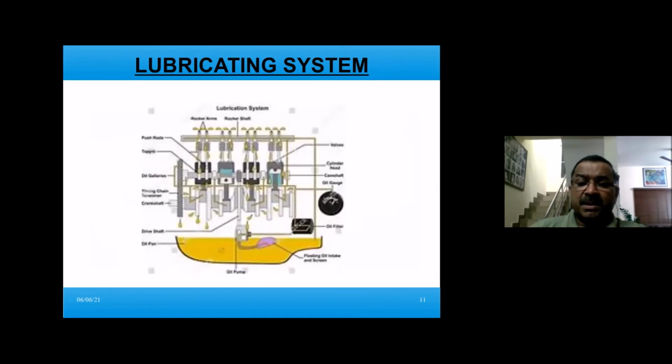So this is another system, the lubricating oil system, something like your car engine. It is a 4-cylinder engine, and it also gives an indication on your dashboard, a dial gauge, regarding the level of your lubricating oil. So when it goes to a particular value, you have to top up, and at a particular level, you have to replace the lubricating oil.